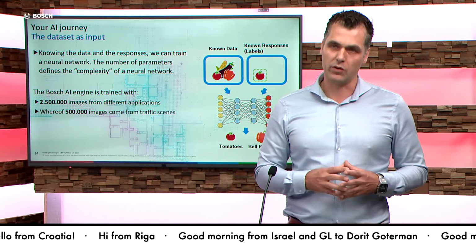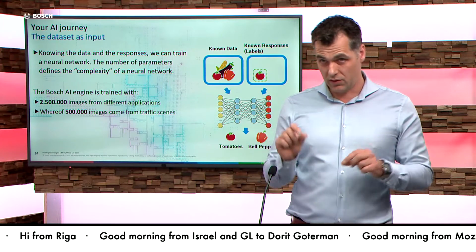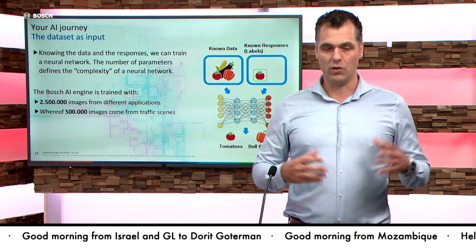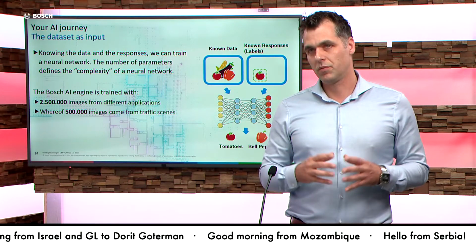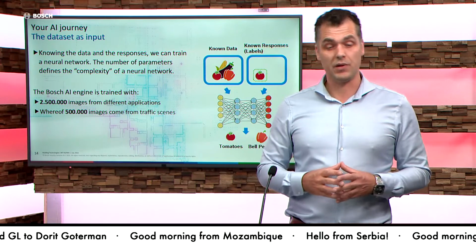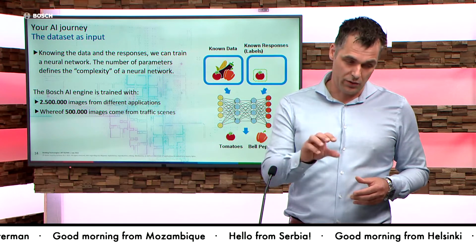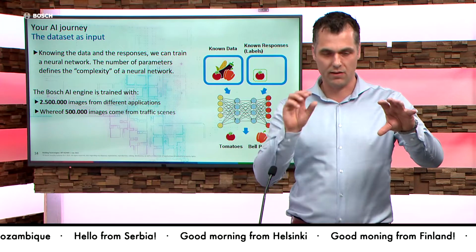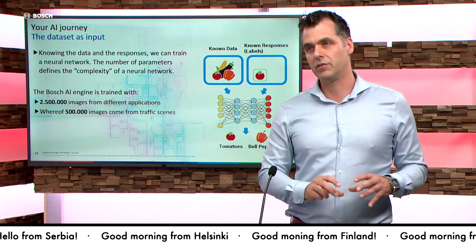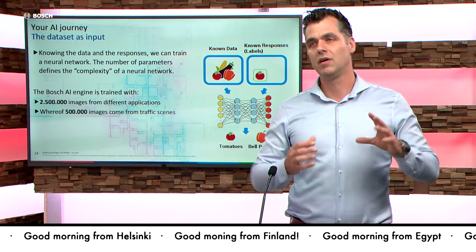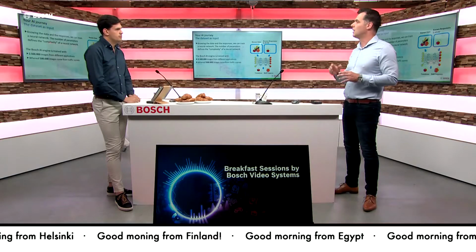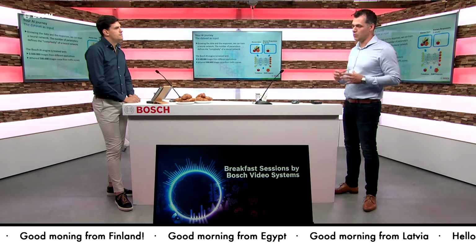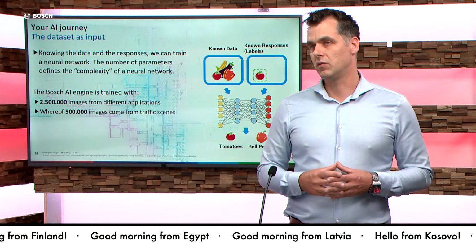The neural network talks about the different connection points in this whole neural network setup, and then will simply output, okay, this is a tomato, because I learned from the labeling parts and the known data set and the labels, I know what the output needs to be. So I can build myself a decision scheme how to get to that. And that's really where the AI comes into play.